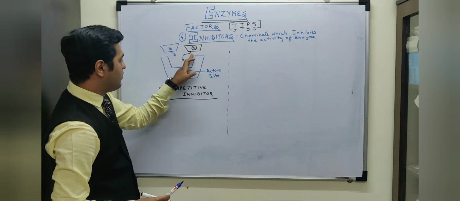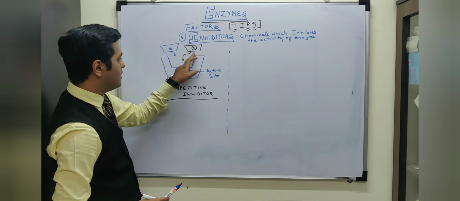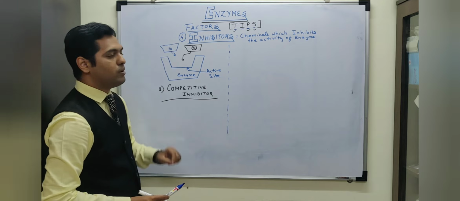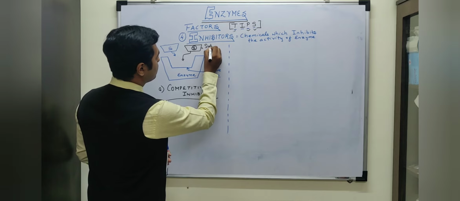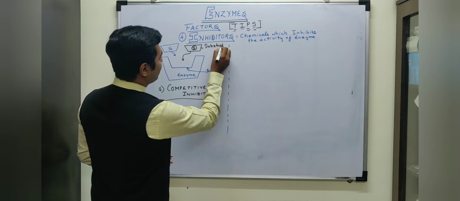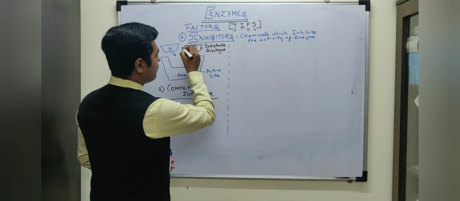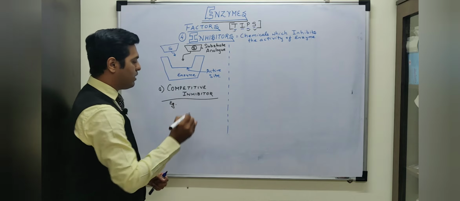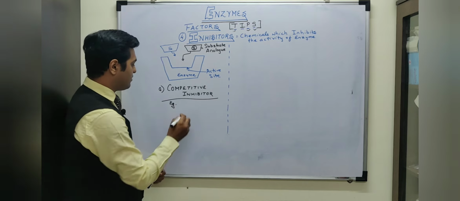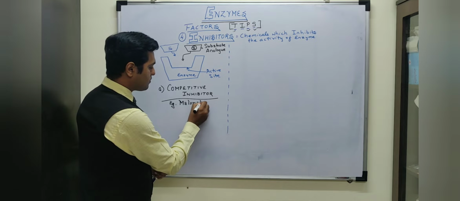Since ये inhibitor इस active site पे bind हो पा रहा है, the reason for that is इसका design या इसका structure is similar to that of the substrate. Hence, this inhibitor is known as a substrate analog. So it is basically similar in structure with the substrate. There are certain specific examples of competitive inhibitors, and one example is an inhibitor known as malonate, which